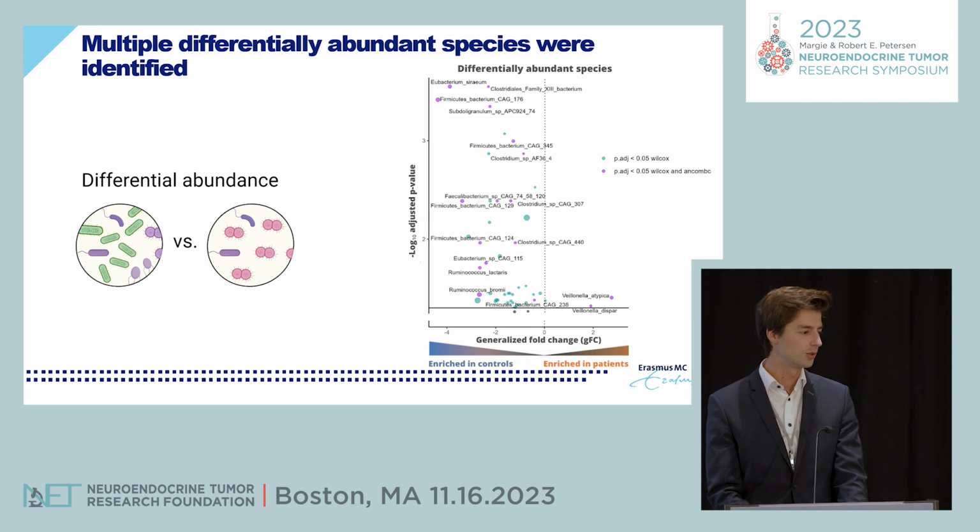And I would like to highlight 2 bacterial species of this analysis. The first is Veillonella atypica, and this bacterium has also been associated with pancreatic cancer. And another species of this genus, Veillonella parvula, has been shown to drive oncogenesis in lung cancer models. The second is the Faecalibacterium species. The best known is Faecalibacterium prausnitzii, which is a butyrate-producing bacterium. And sodium butyrate has shown potent anti-cancer activity as a histone deacetylase inhibitor. And ingestion of sodium butyrate can induce apoptosis in colorectal cancer models and inhibit tumor growth in lung cancer models.